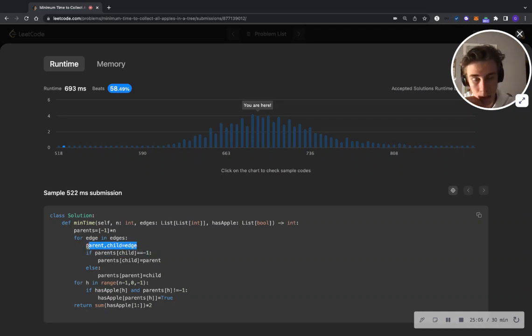That's almost like a split operator or a spread operator. There we go. Parent-child, that's done. If parent of child is -1, so if it's never been seen before, then parent of the child is parent. Else,